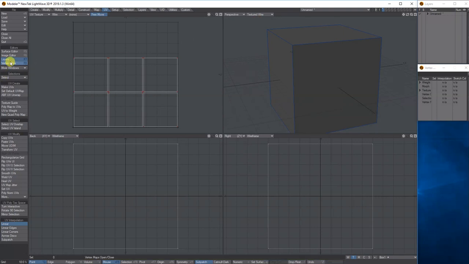When it does that, on the side part here, it says vertex maps. If I bring it up here, look, it adds the actual UV to the texture part of the vertex panel, and that is where you can rename it by right mouse clicking, copy it or delete it or whatever. So what I've got now is this box unwrapped.